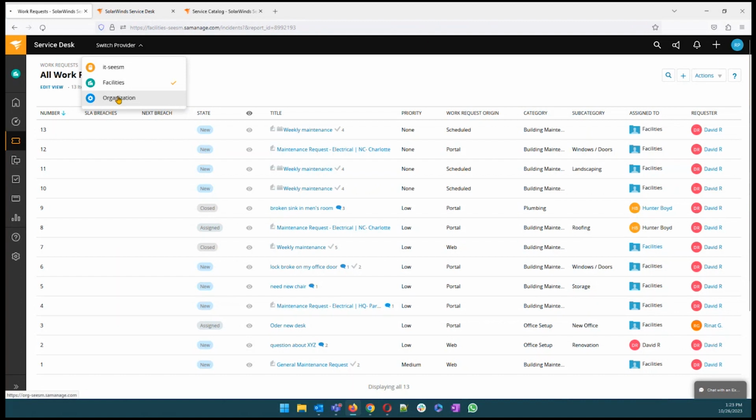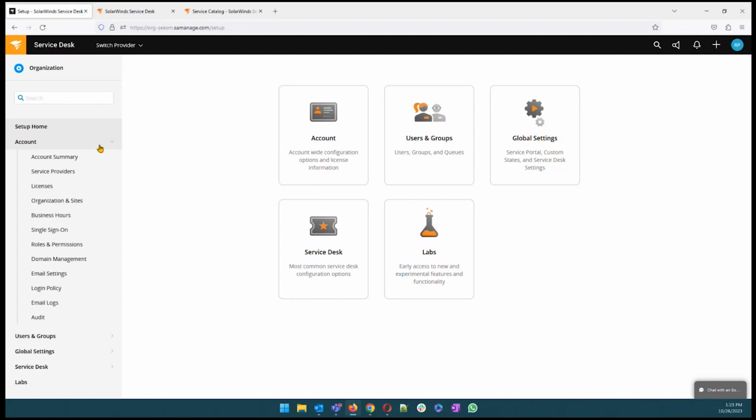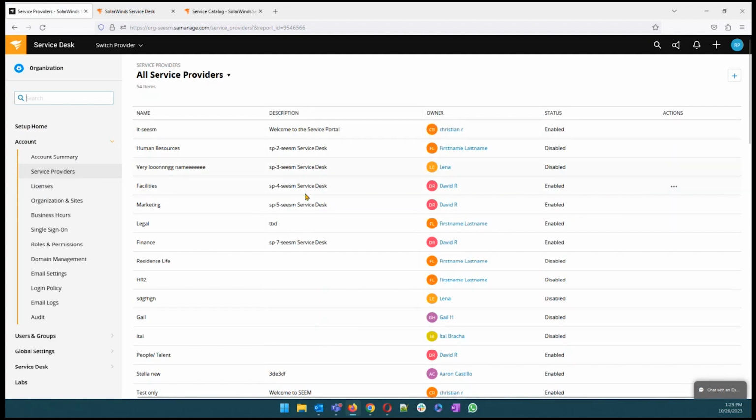But as soon as I go to the organization, here I can add as many other service providers into the platform. How easy is it to add a new service provider? I can simply go to the account tab. Here I have the service providers tab available, where I can see each and every service provider currently in my organization. If I want to add a new service provider, I simply